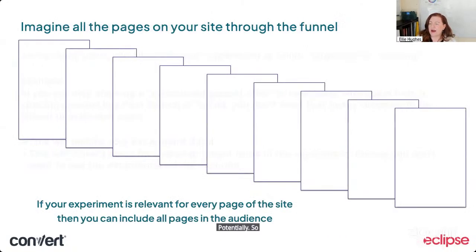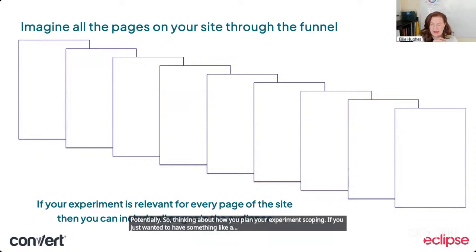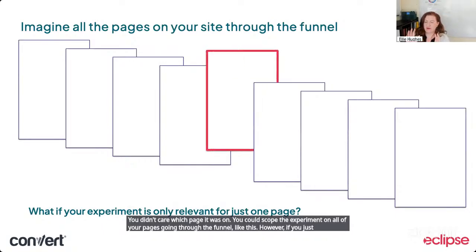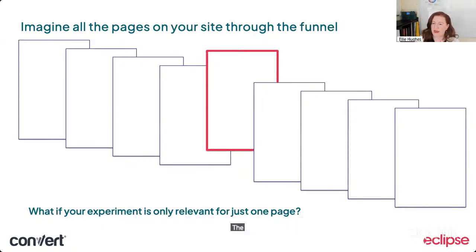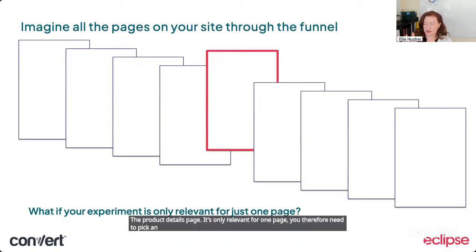So thinking about how you plan your experiment scoping, if you just wanted to have something like a promotional banner with a coupon code in it across every single page of the site, and you didn't care which page it was on, you could scope the experiment on all of your pages going through the funnel like this. However, if you just wanted to pick out the product details page, it's only relevant for one page. You therefore need to pick an audience and scope it to just that page and exclude everyone who's not visited